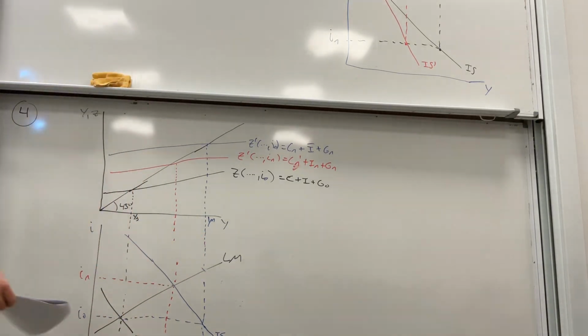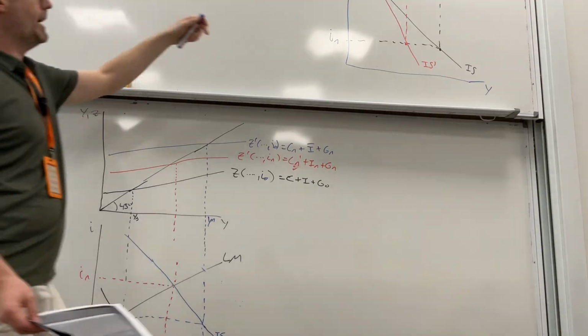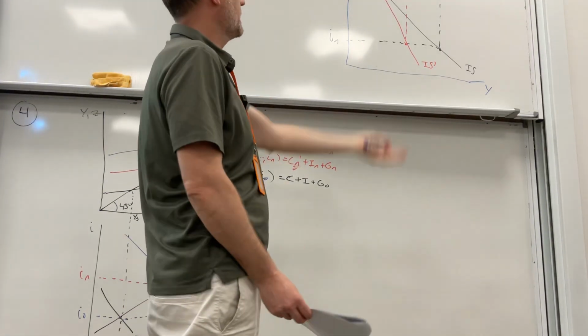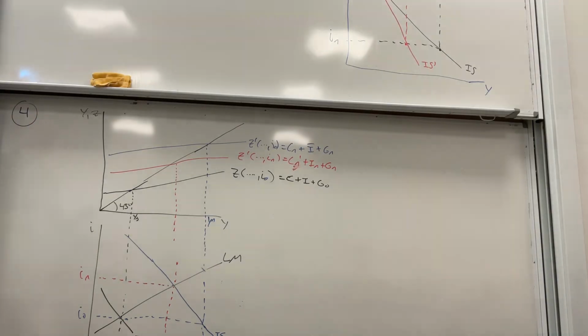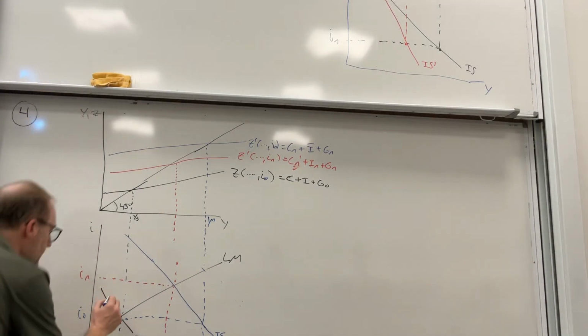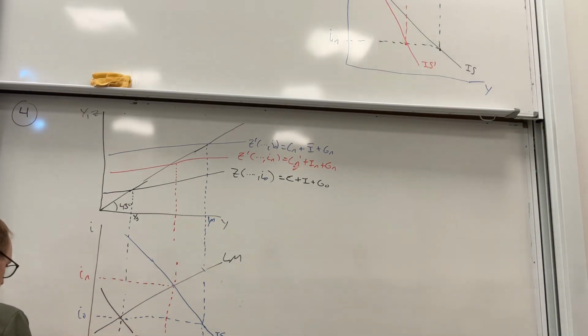Now, what would be the case if we had expectations regarding interest rates taken into account so that we don't have all long-term interest rates also being moved up? Maybe if our IS curve is steeper,